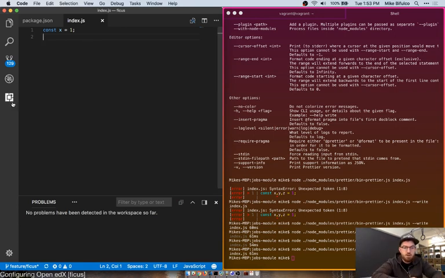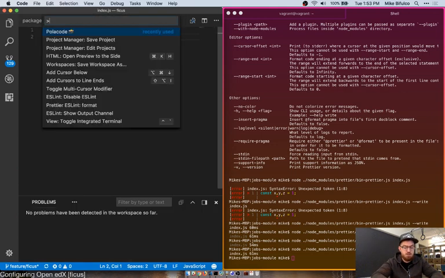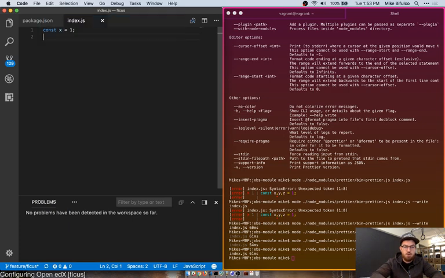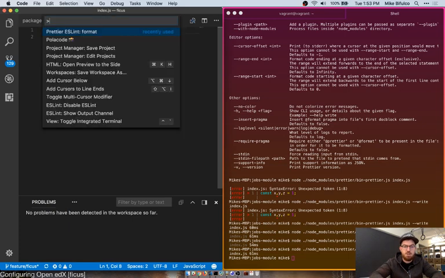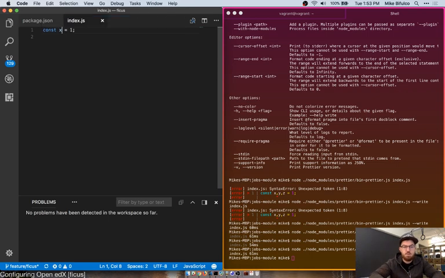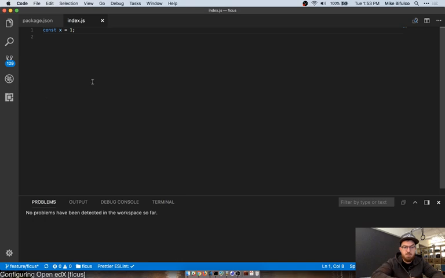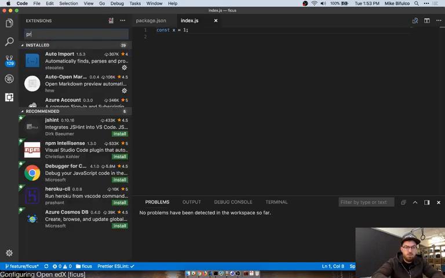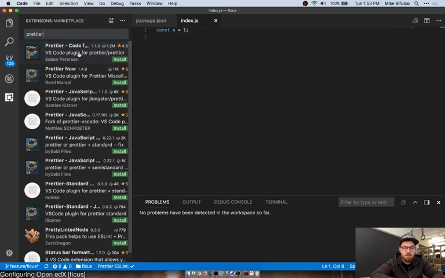So there's also a prettier config for VS Code. Let's see. So that'll work. I think you can even set it up to run on save, which I tend to do often.